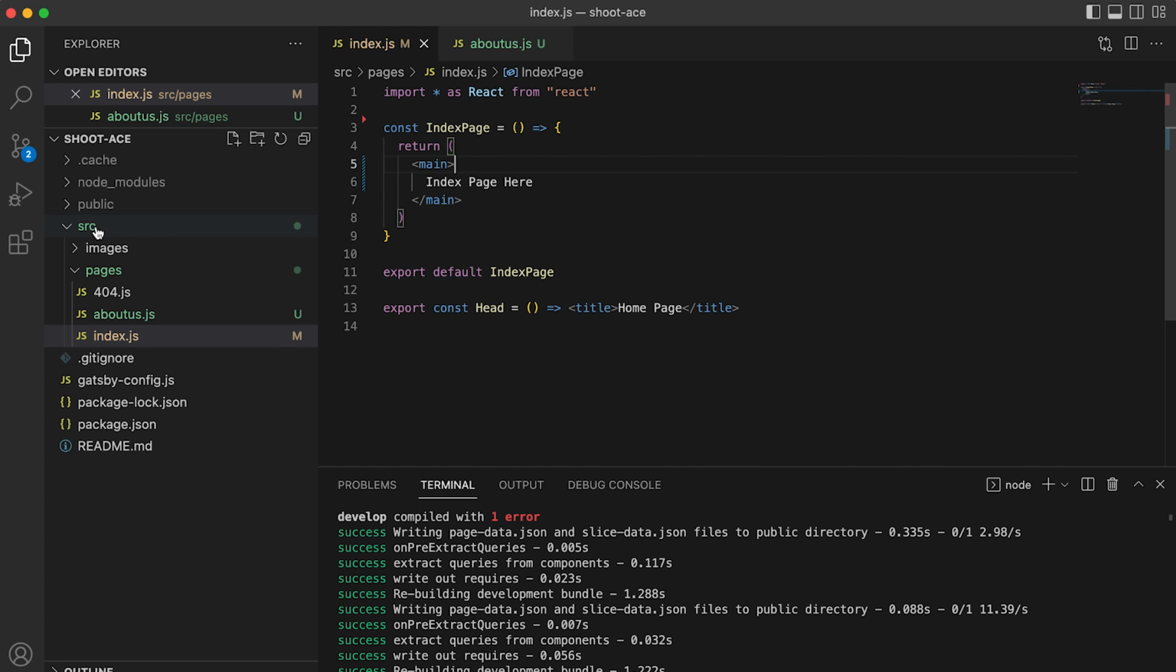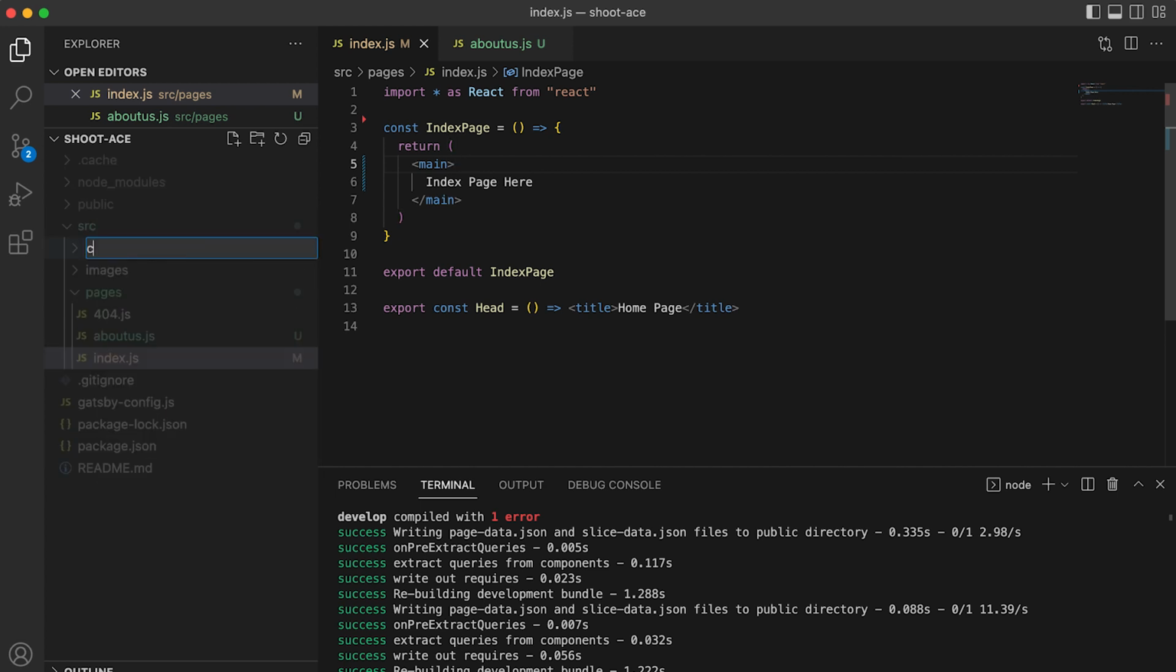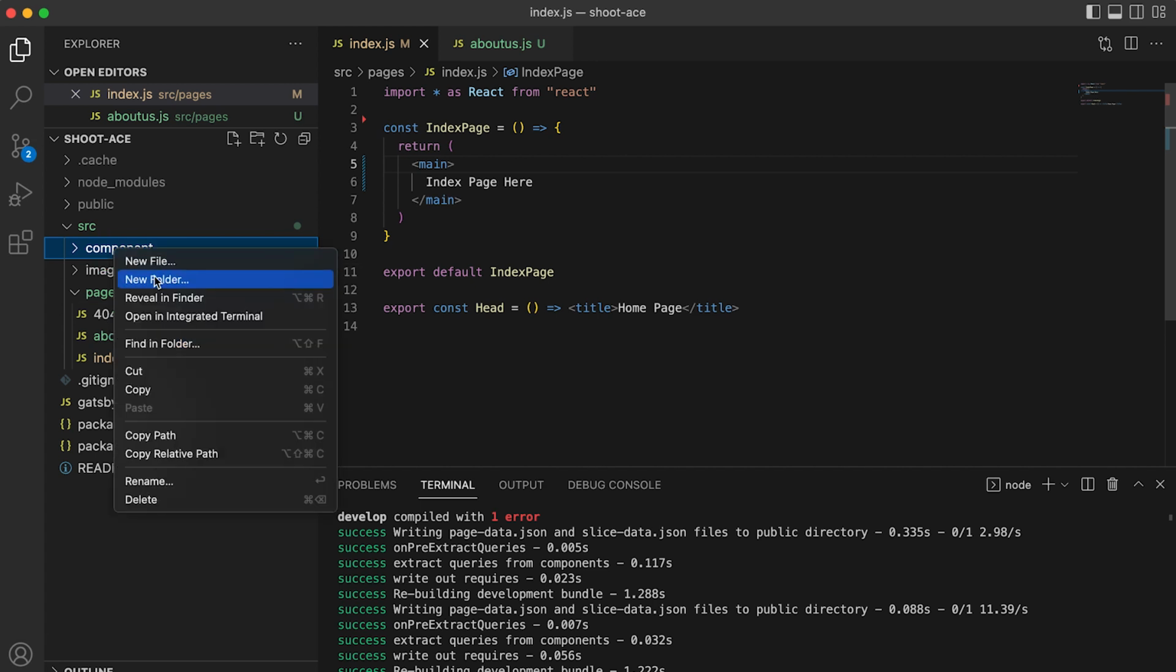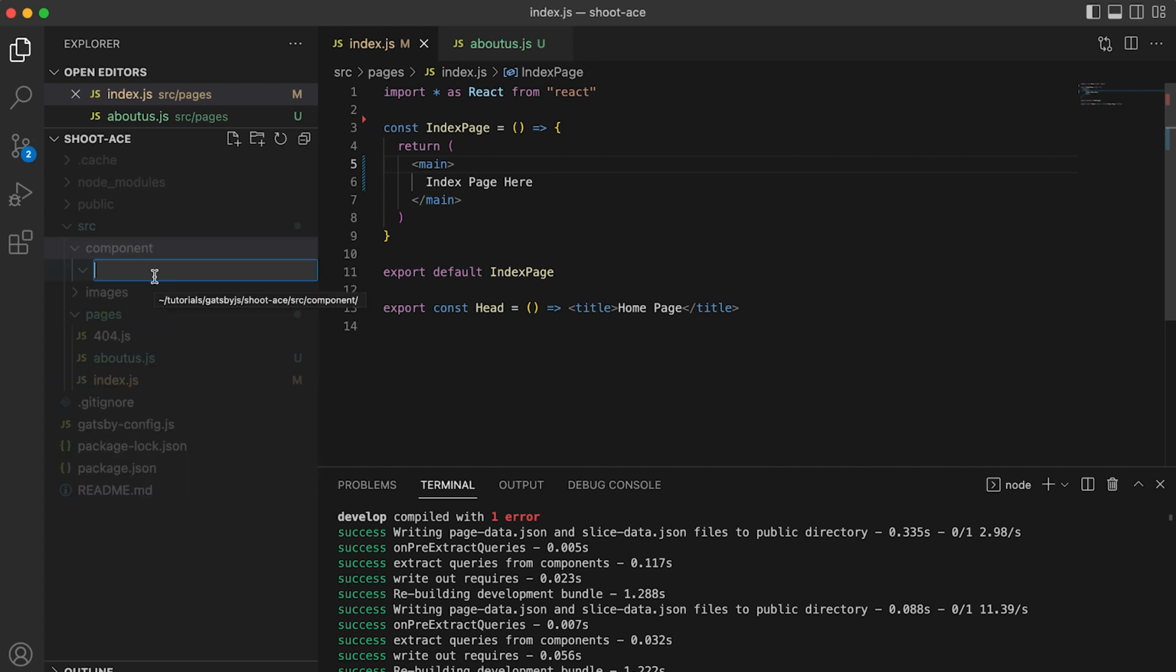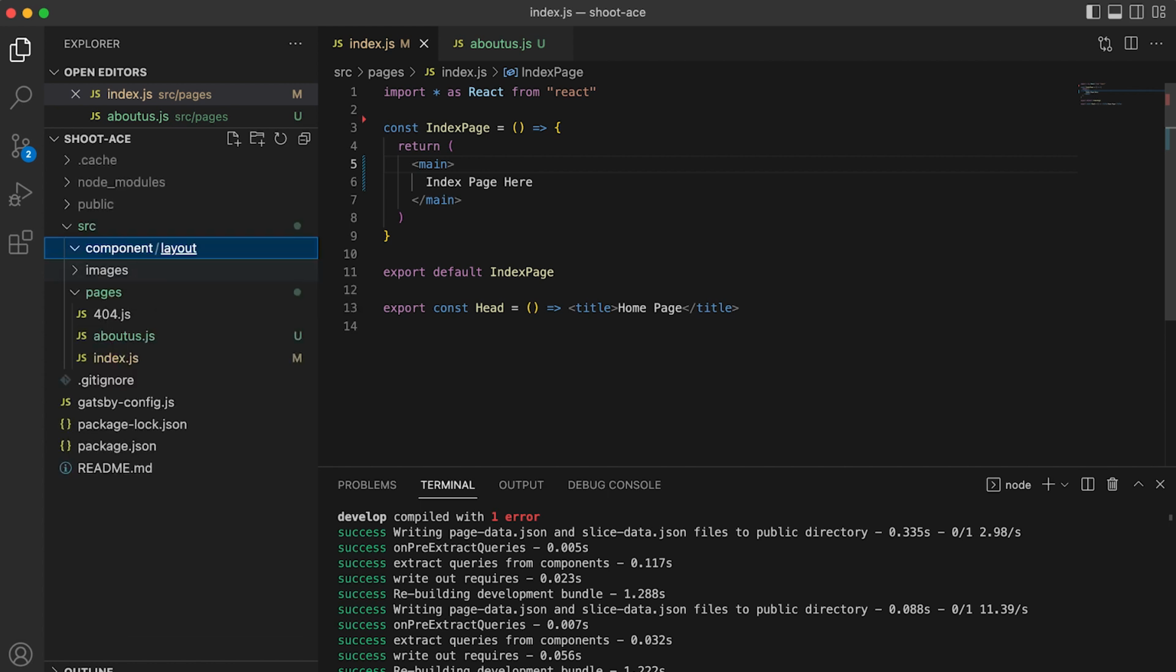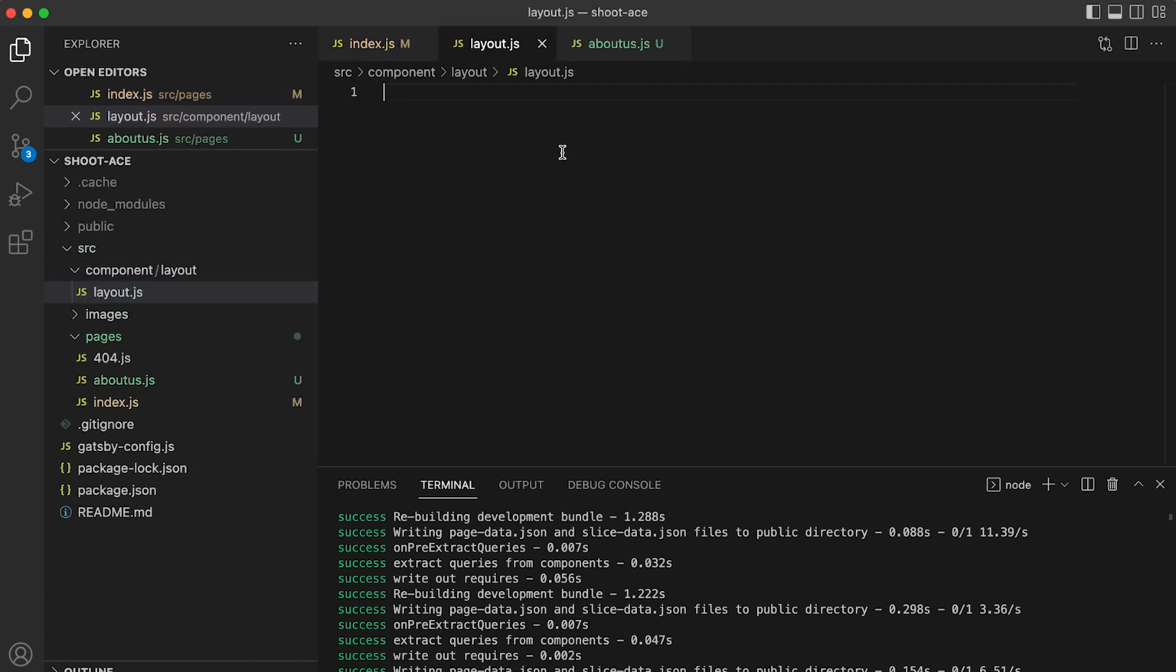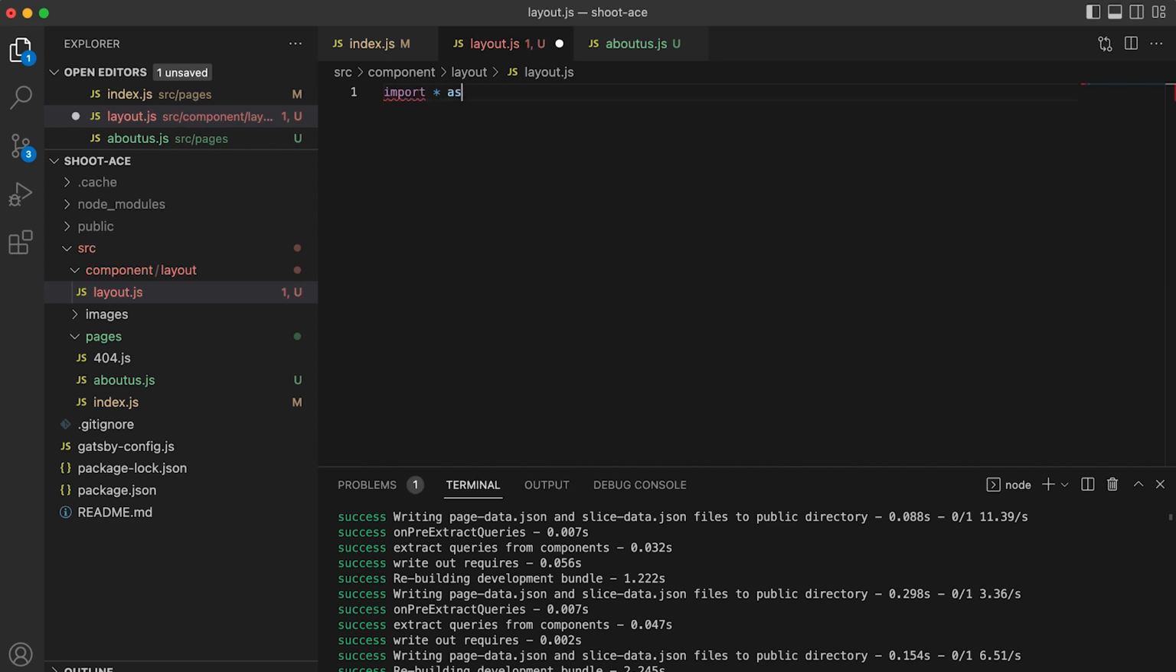First, what we need to do is create a new folder, and we will name it components. And inside this components folder, we can add different folders. Say for example, we will start with layout, and then inside layout, we will create a new file, layout.js. And then we will import React from React. And then we will define a new constant variable layout, and we will use an arrow function, and this layout will return